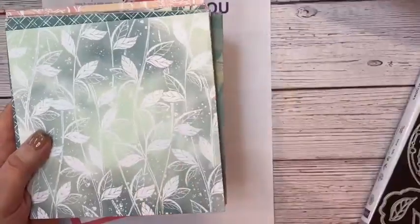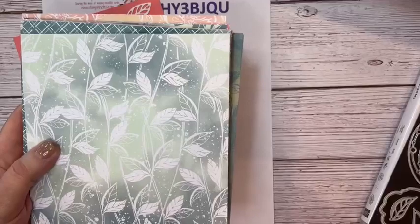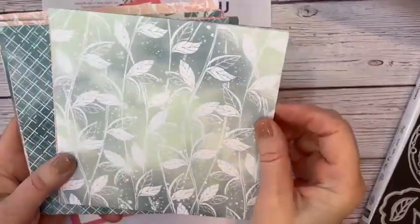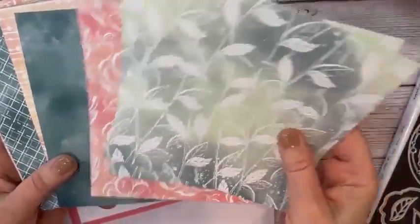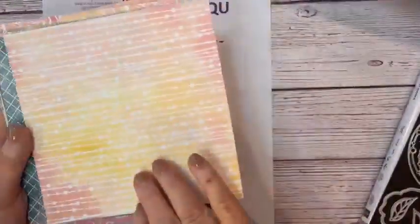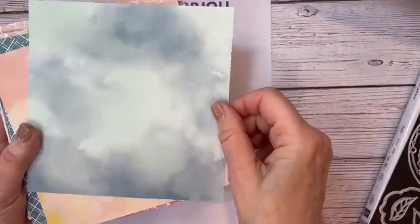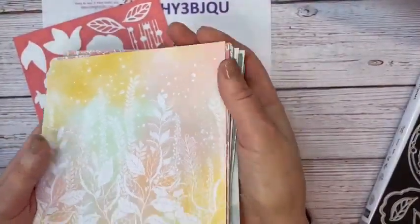I love this. And they have brought back 2 colors in here that are retired, Pretty Peacock and Lost Lagoon. So that's kind of interesting. I wonder if they'll bring them back in the catalog. And then there are the backs of the image of the paper too. I love that. Oh, this is a soft, like a batik kind of with the greens. The greens in this are soft,